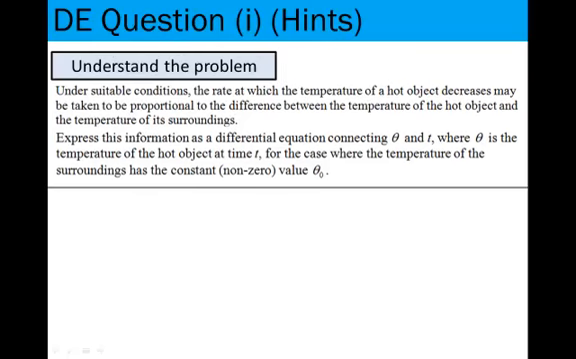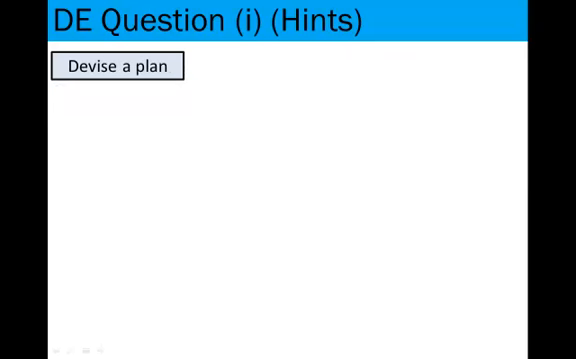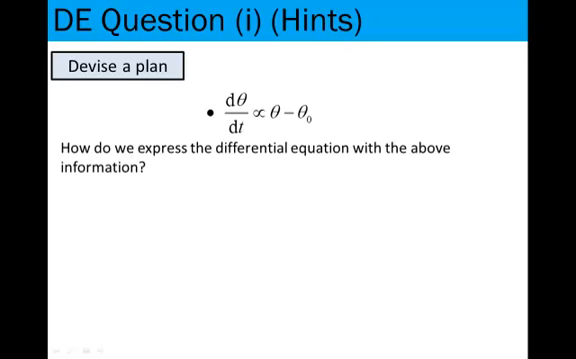The first part of this question requires us to find out a differential equation that connects theta and t, where theta is the temperature of the hot object at time t. And at the beginning, we were given some information on how the temperature is decreasing with respect to the difference between the temperature of the hot object and the temperature of the surroundings. The plan when we went through the video hints was to note that d theta dt is proportional to theta